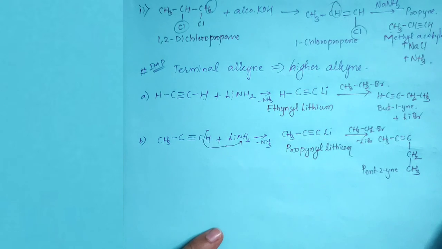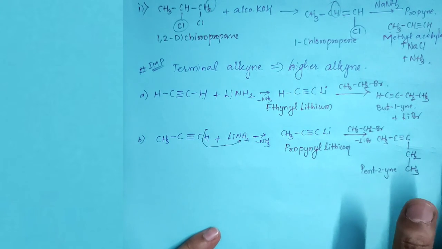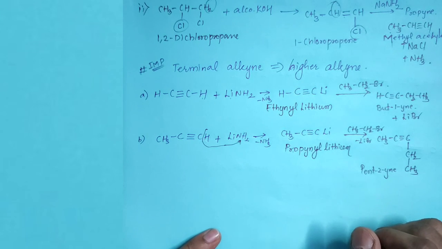So next time we will see the reaction part of the alkyne triple bond. We have about 5 reactions and uses, 5 very important reactions. After that we have to go ahead with the last topic of hydrocarbons, that is aromatic hydrocarbons. Thank you.